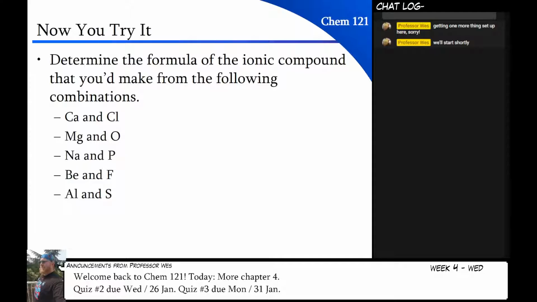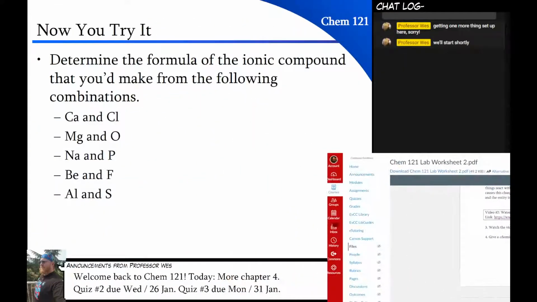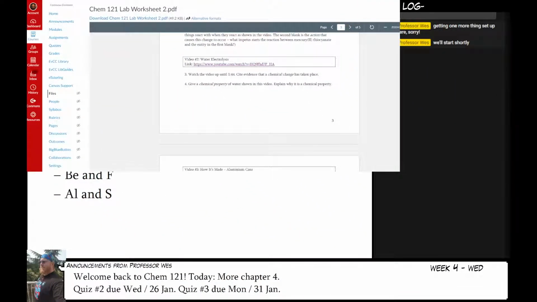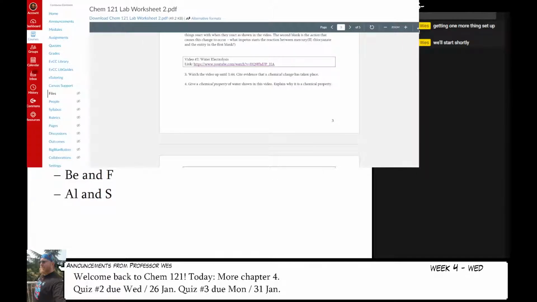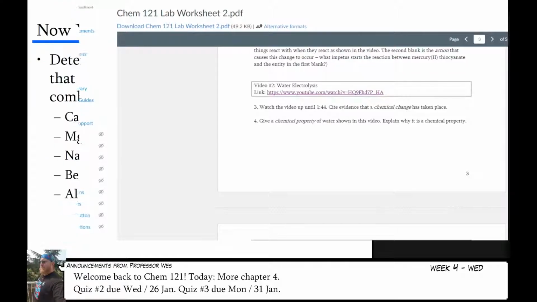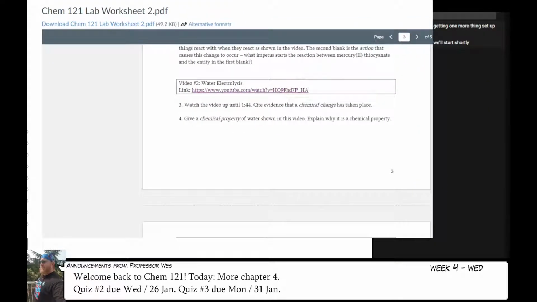Okay, so I do have that captured, so I don't know what this will look like. Yeah, that's not great. Alright, so this is probably okay for now. We'll just do this. Okay, so